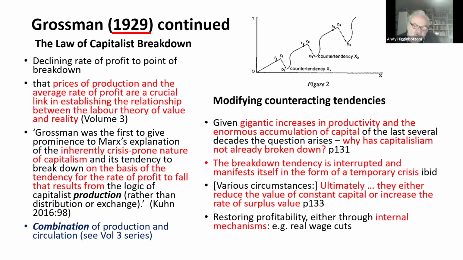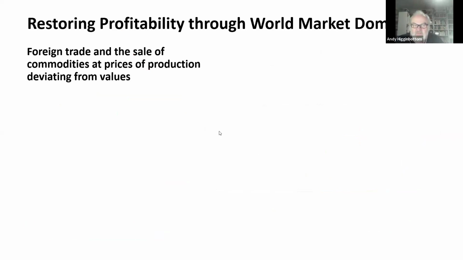And he goes through a whole list of ways in which capital can restore its profitability. In actual fact, I'm quoting here from Kuhn's summary of Grossman's argument. In actual fact, he doesn't talk about wage cuts. It's quite interesting if you get the opportunity to read Grossman's explanation. I think he's actually missing the degree of crisis in a way. But what he does do is connect the crisis of profitability with capitalism's external dynamic, if you like,